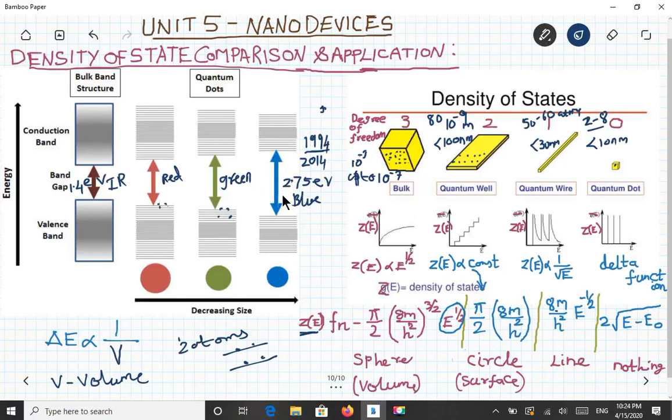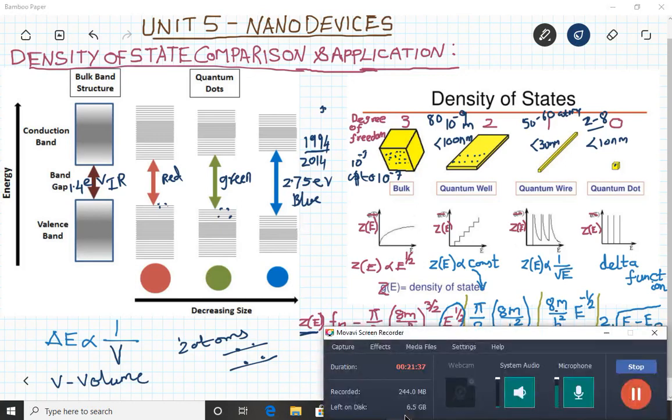In further classes, we will see how this quantum dot is used for making devices such as the single electron transistor and the quantum dot laser diode. So that's the next topic. I hope you all understand. This is a little bit bigger topic. So in the next classes, we will see how the devices are made with this and what the application of those devices is. Thanks for listening.